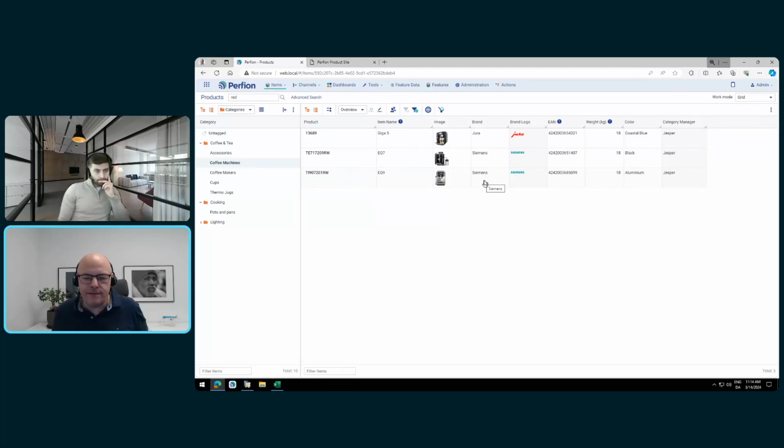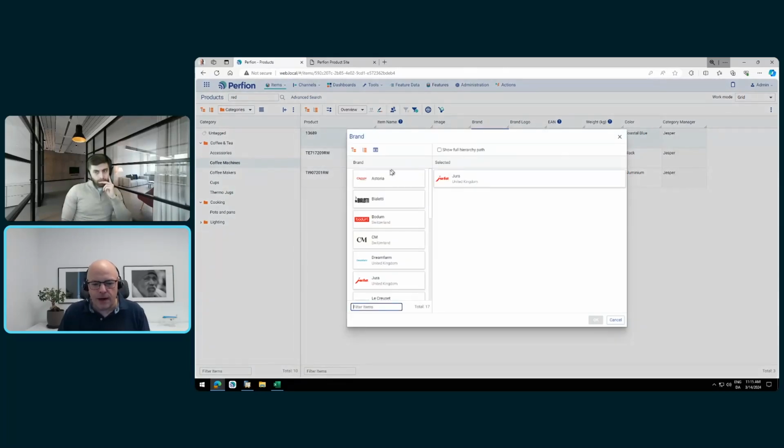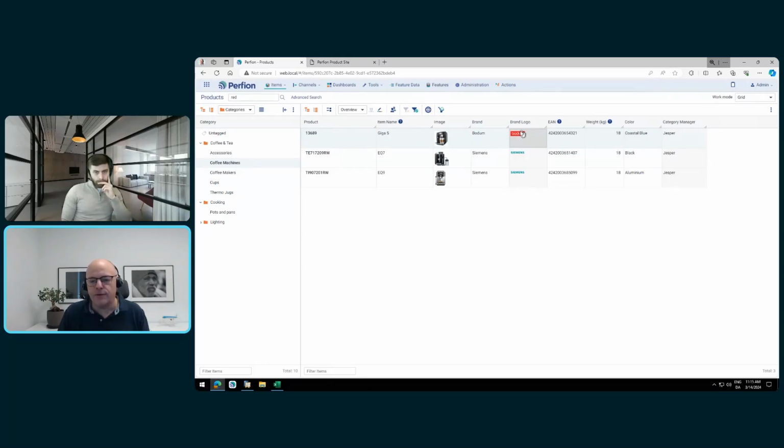And another thing that is very important when you are working with product data, especially more complex product data, is our ability to model the data in advanced ways. I talked a little about it with the colors. We have another example here with the brand. So the brand is just a drop down, but I have modeled brand to include all the information about the brand, including the logo and the name. So if I change the brand on this coffee maker here, it changes the brand, but it also changes the logo and any other related information. And this makes it possible for, if Bodum change their logo, I just have to go into the brand and change the logo one place, and then wherever this is used, it will